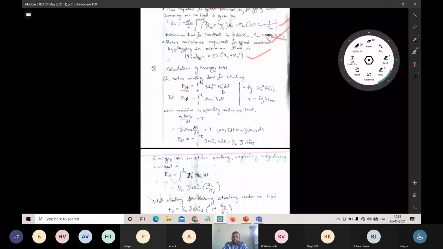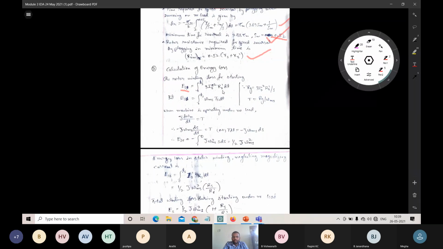If you know the basic definition of energy, the amount of energy needed to carry out any work in a given time is called power. So we are just reversing the definition of power, bringing in the time duration required, and that will be given by energy. So that energy is here.